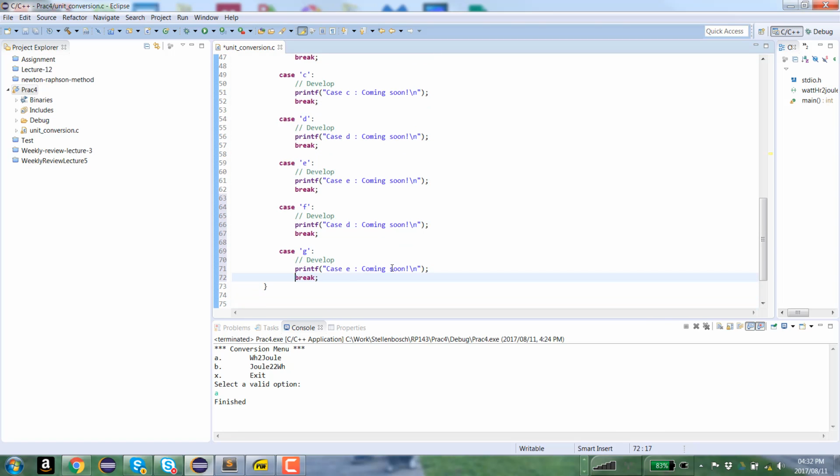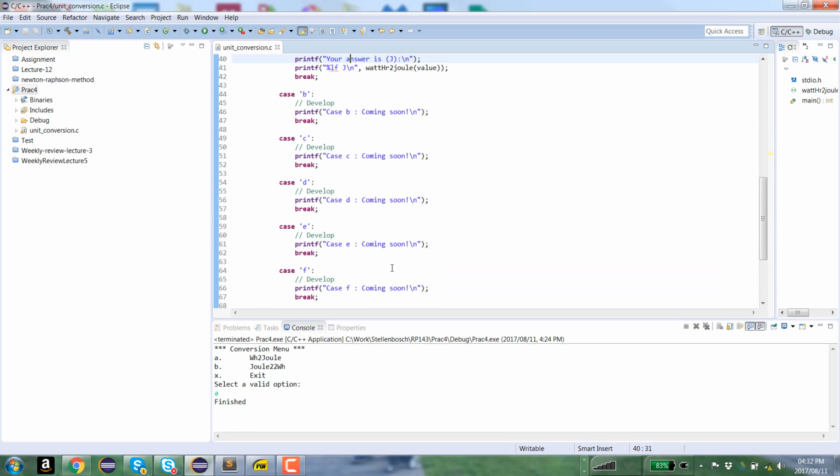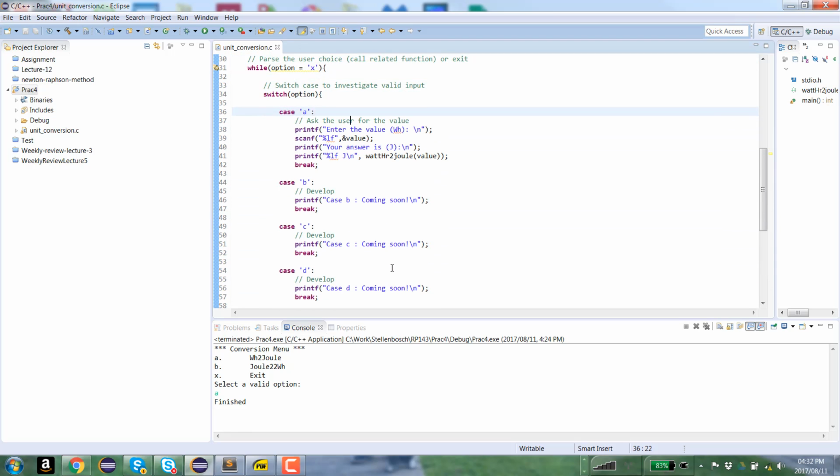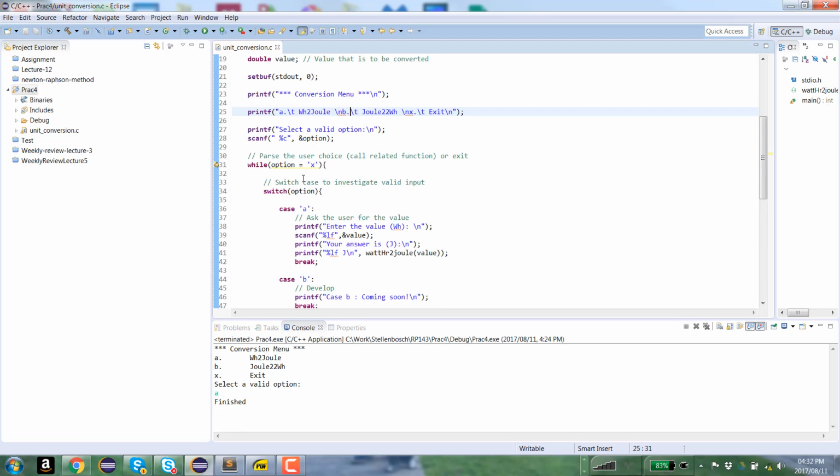And then remember, let's just fix this. E, this is F, this is G. Okay, now, let's look at it again. As I said, we're just going to develop case A here in the getting started. So while the option is equal to, ooh, but there I made a very dangerous error. That is not an assignment. This is a not equals x. So while my option is not equal to the x, so while the user has not selected to exit, switch